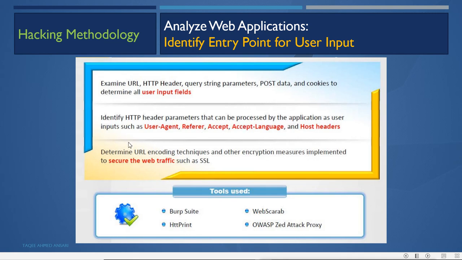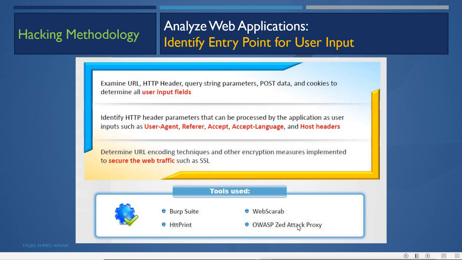Now determine URL encoding techniques and other encryption measures implemented to secure the web traffic, such as SSL. What is the technology used? SSL for securing the web traffic. We can do this by using a tool which intercepts all the requests and responses. We can use Burp Suite, WebScarab, HTTPrint, or the ZAP, Zed Attack Proxy.